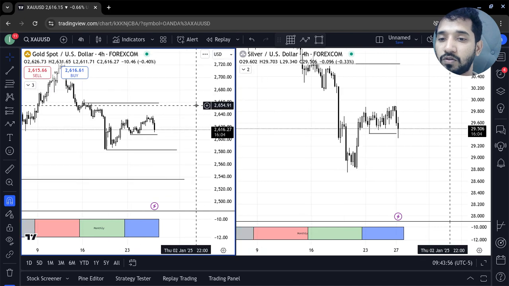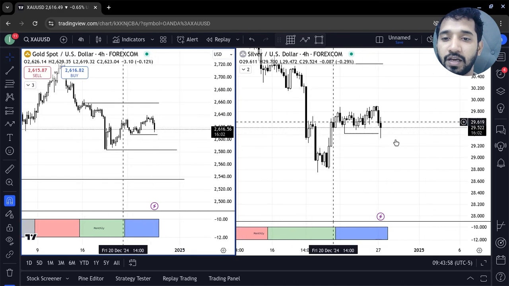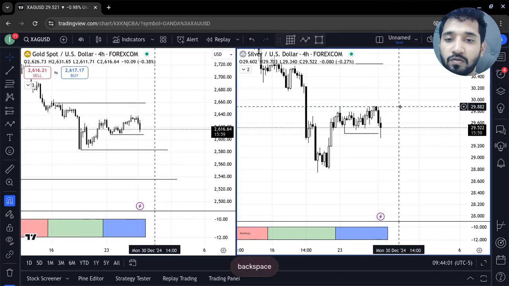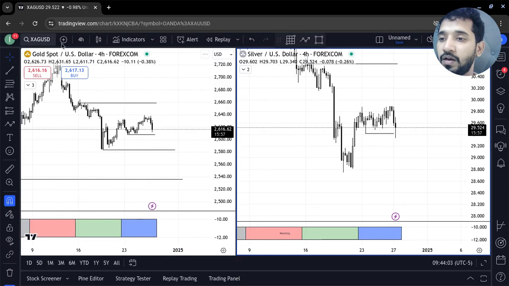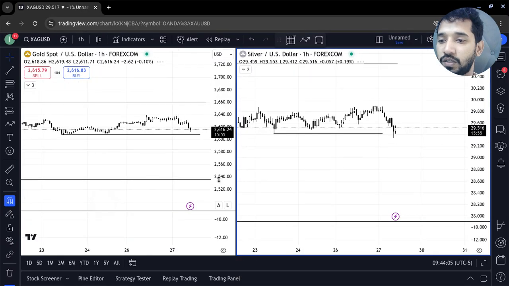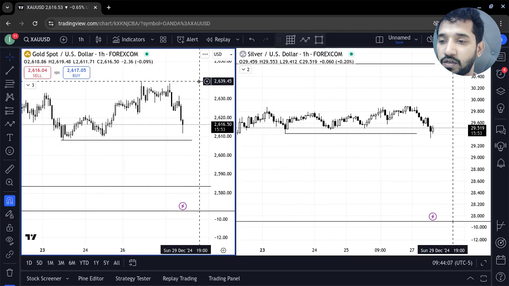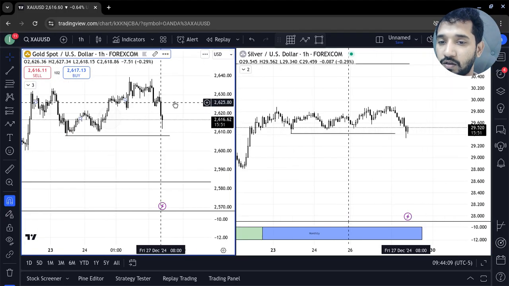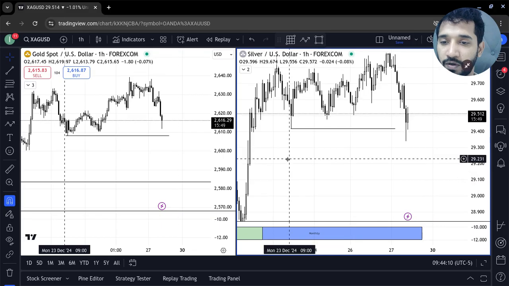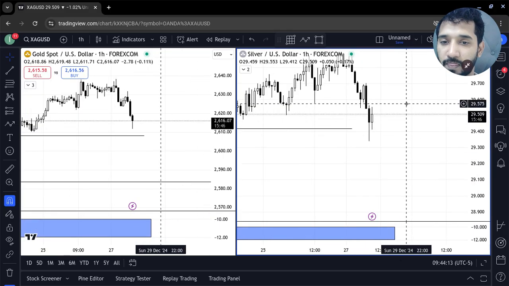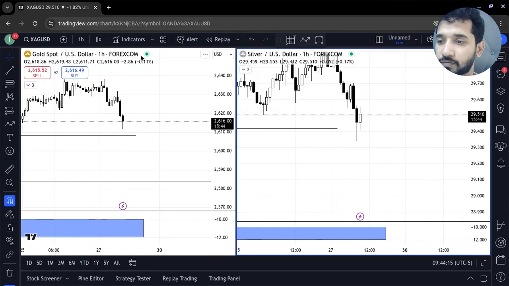Now, should you be taking anything as of now? For me, I don't see anything. For me, I don't see anything in terms of key levels being swept. Right. In terms of CRTs,